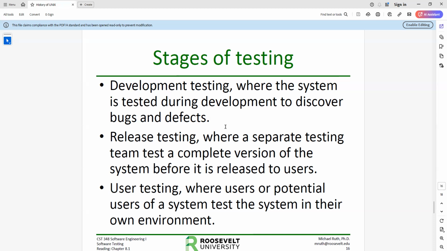differently, right? When you're development testing, you're often building test cases as you're developing. And once the test case is developed, why would you get rid of it? You keep it around, you keep running it, and so forth. Release testing, on the other hand, you build a complete set of tests based on the requirements. You don't get the data, you don't get the software, you get the requirements, and then you build a set of test cases to say, hey, we're going to meet the requirements this way, right?